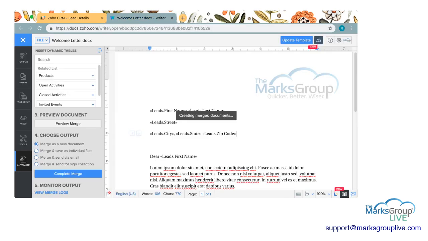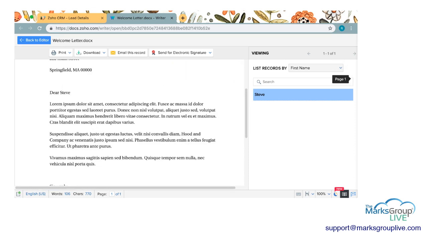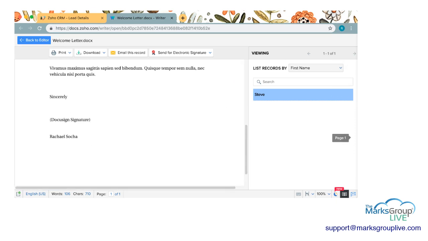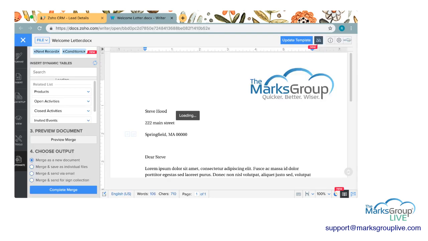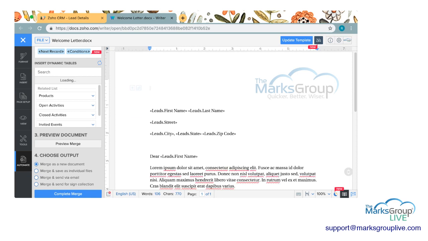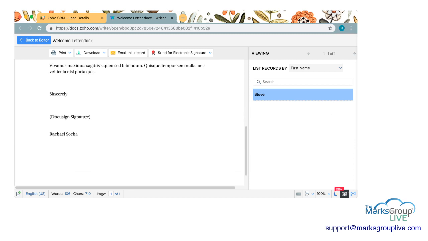So I'm actually going to, let me back up a little bit. So if we did the preview merge, here's our document, here's the preview. And you can pretty much do every single action from the complete merge that's on the choose output, merges a new document, merge to save as individual files. You can do that all from the preview merge page. So again, that's what I always recommend is go ahead and preview your merge first, make sure everything looks kosher,